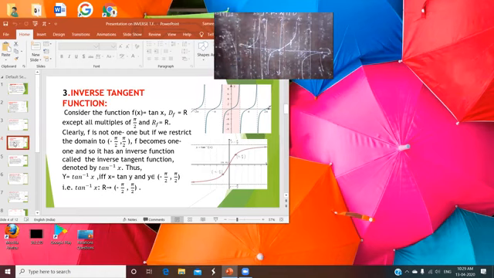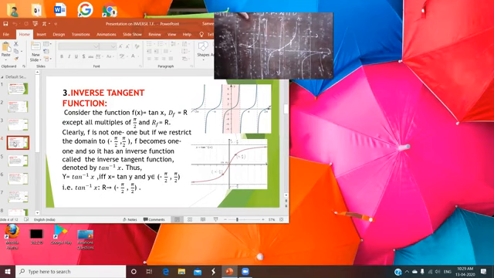So here you see that the graph which we have drawn is the graph of tan x. Now check in which region it is one-one or not. If you draw any line parallel to the x-axis, you see that the line intersects the curve at so many points, so it is not one-one. So there is a need to restrict its domain.